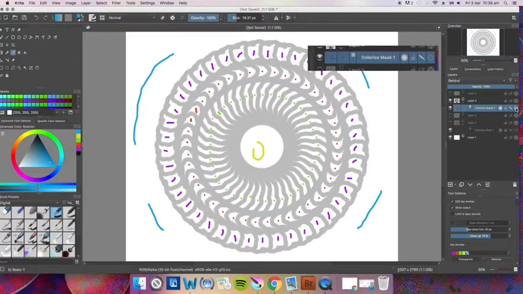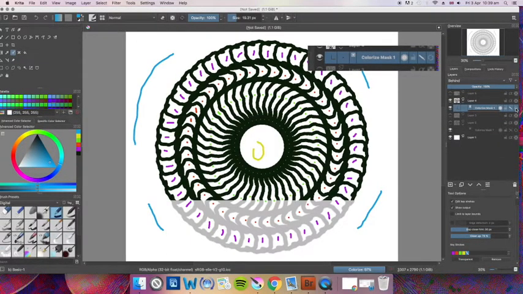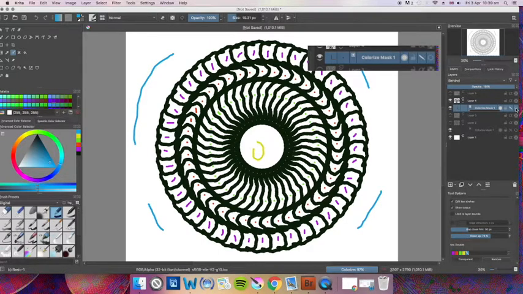Here we go. I'm going to click on that, and it gives me an option. I'm going to click it as transparent, so that's my transparent background. It's going to be blue. Then I go over there, and there are the colour mask options up the top, and I click on the circle on the far right hand side. Click on the circle, and you'll see the progress bar moving along. That's doing all the work for us. So it's doing all the colouring in, so we don't need to do all that work.